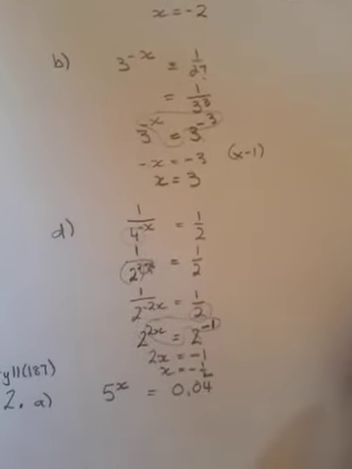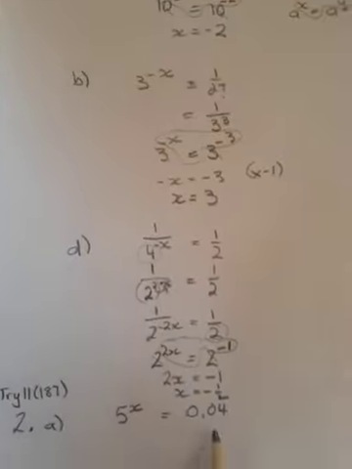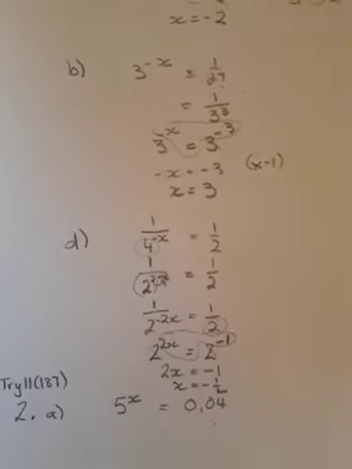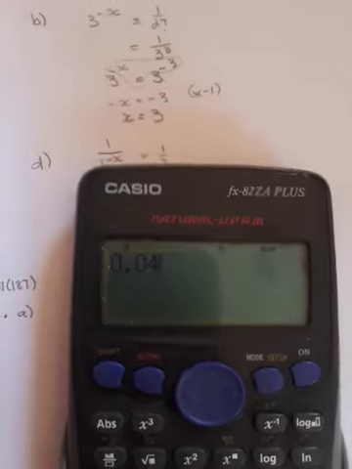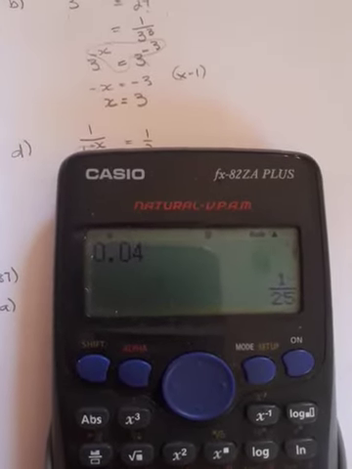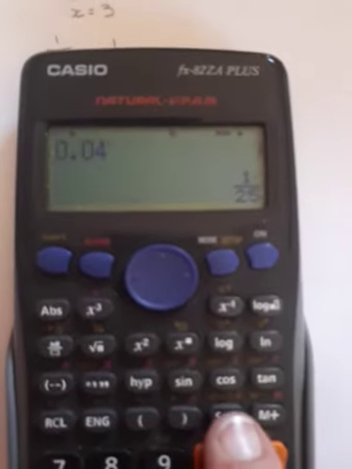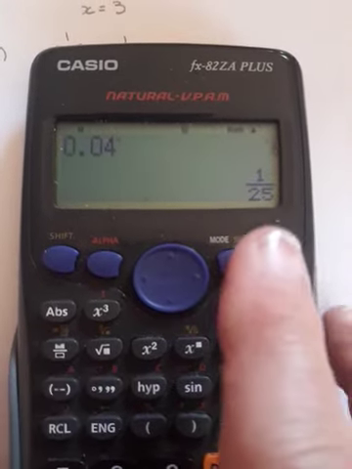Okay, if you look at question 2a, question 2a is 5 to the power of x equals 0.04. If you press 0.04 into your calculator and you press equal, okay, let me just quickly show you. If you press 0.04 and you press equal, it will give you a fraction. And if it doesn't, then use the conversion key, okay? It's this one, or in the Casio, it is the one where you have fractions, okay? Just try your calculator. So it gives you 5 to the power of x equals